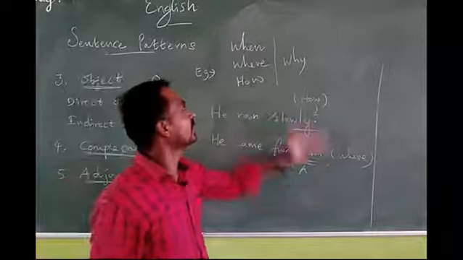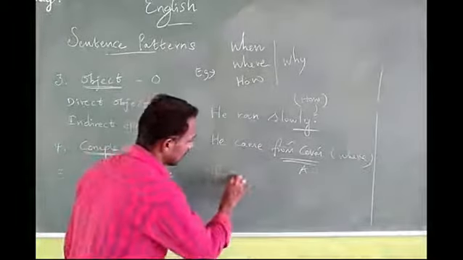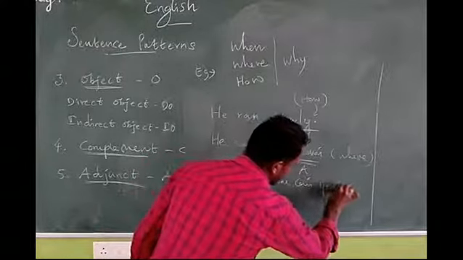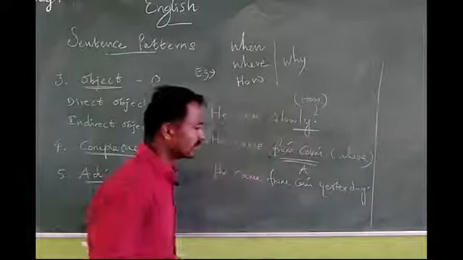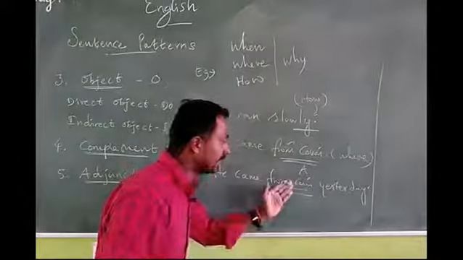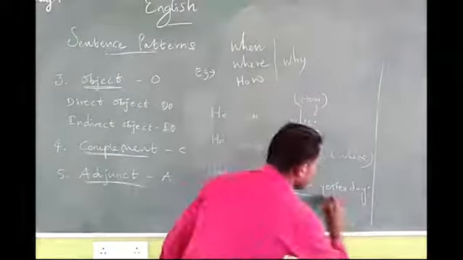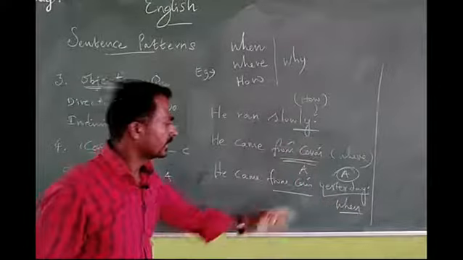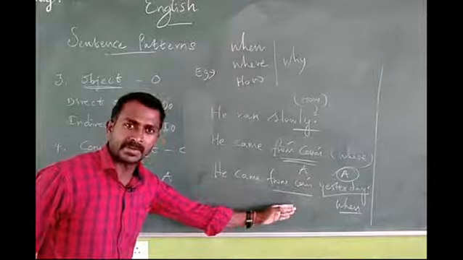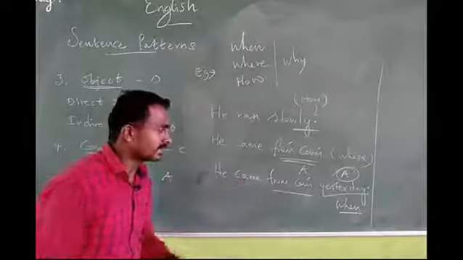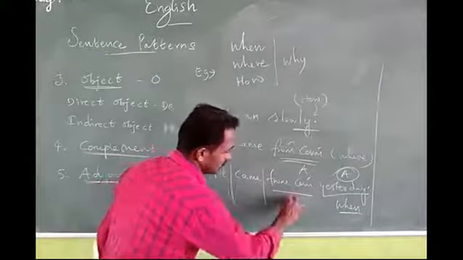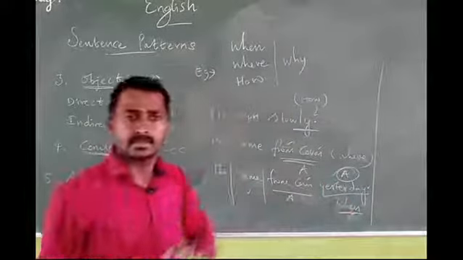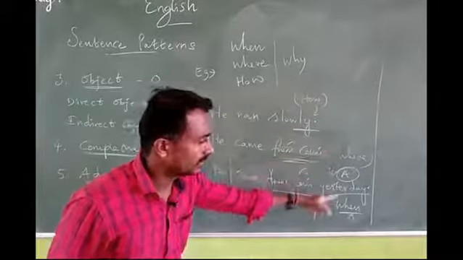So how and where. Then why? The same sentence: he came from Kovai yesterday. See the sentence? From Kovai. Where did he come and when did he come? Here which answers the question when. When is the adverb. Here also place is mentioned, and also adverbial or adjunct. He is the subject, came is the verb. Subject plus verb plus adjunct. So totally the pattern is given: how, where, when.